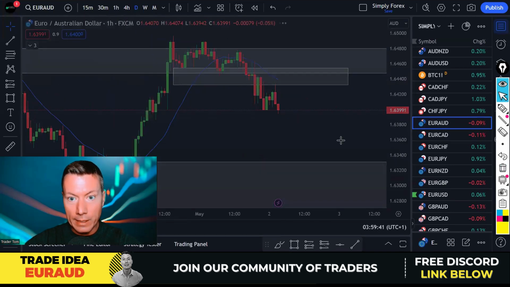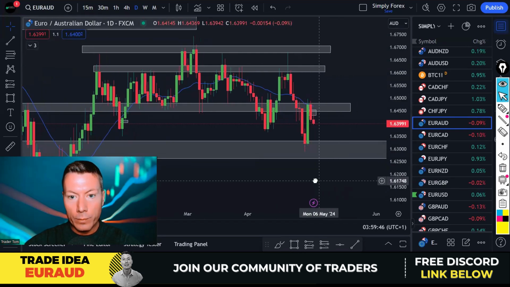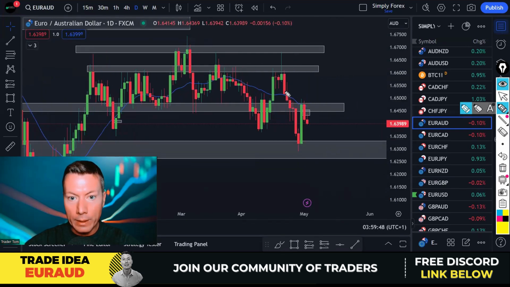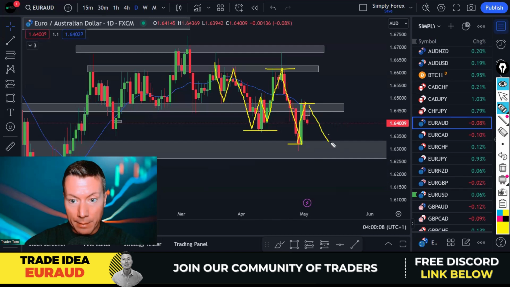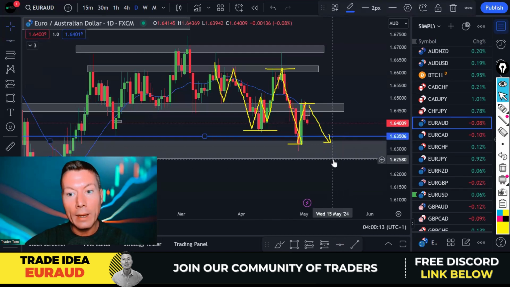Okay, if we start with the day charts, we're seeing a bit of Euro weakness potentially. If we look at the day chart with Euro Aussie dollar, it's been quite choppy price action really. I would say that's a move up. We're in an uptrend, bang, we're in a downtrend, lower lows, and we've just made potentially a new lower high here. And the idea is to come back down to here. Let me actually put my target in. It'll be this 0.6350. You know how much I like a psychological level.